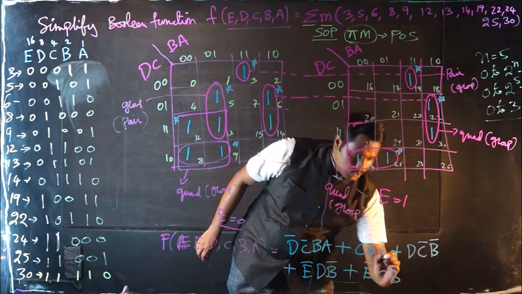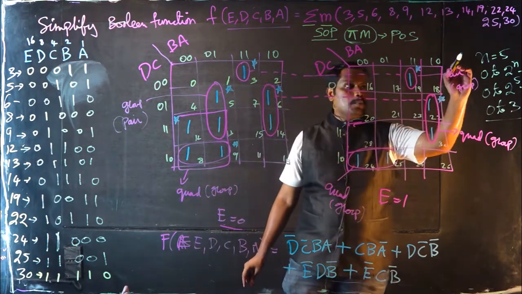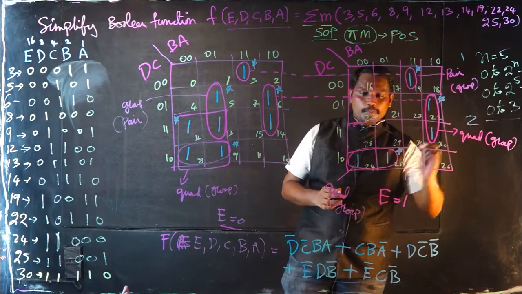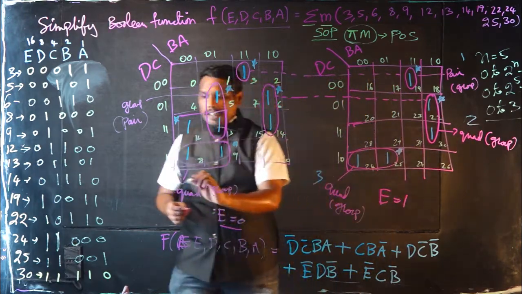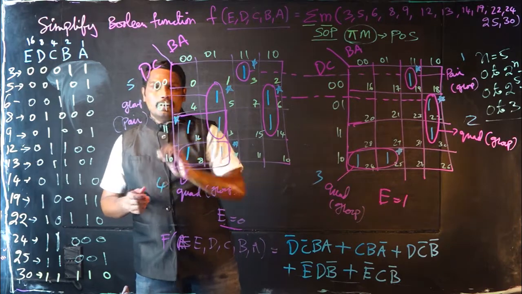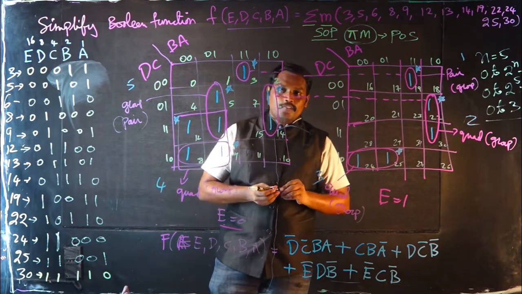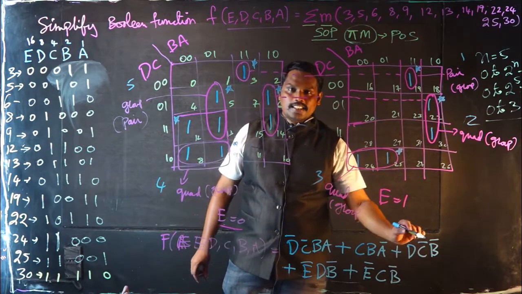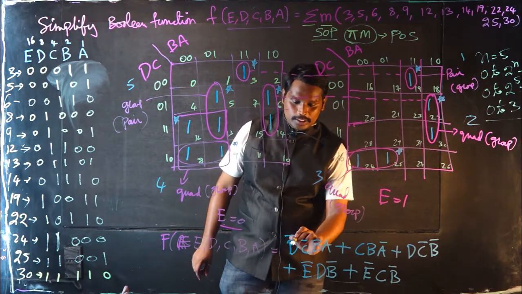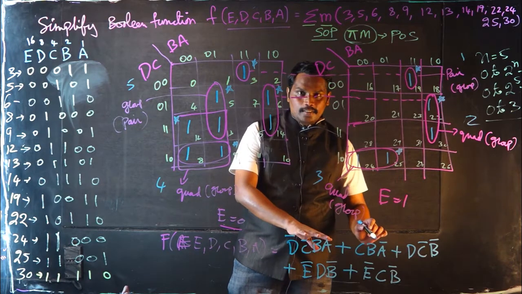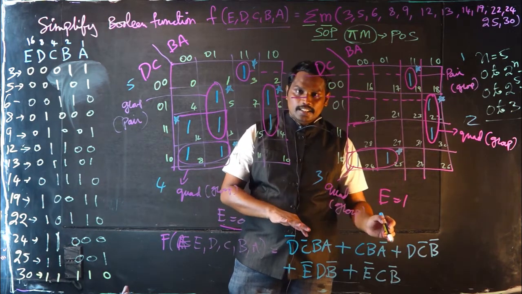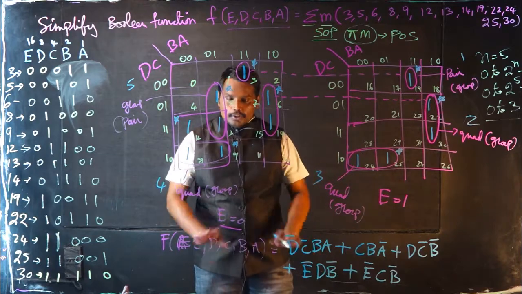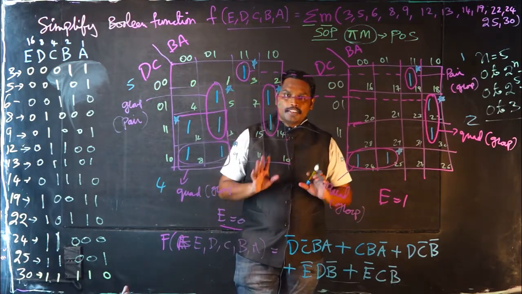So now how many groups are there? So group number 1, group number 2, here group number 2, here group number 3, and here group number 4, and here group number 5, and I have 5 expressions or 5 min terms that are there. Okay, so now you see here how many literals are there, means you have to count individual. So D bar, C bar, all are literals. Okay, and variables are A, B, C, D, E, and literals are whether it is in bar, complement, or uncomplemented form. So this is how you are going to construct a 5.